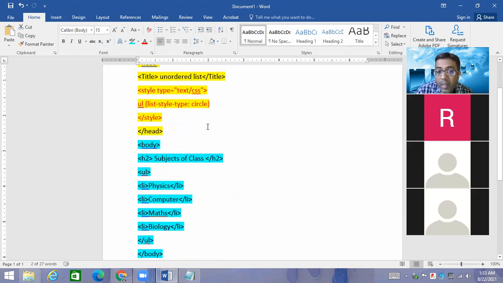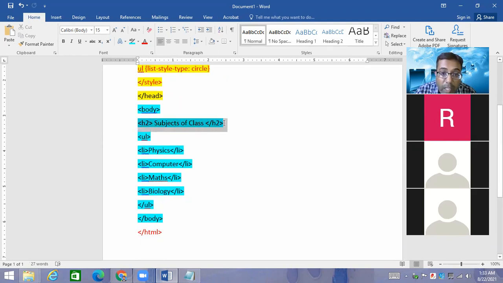Those students who have some confusion in writing program code, today I will give you this program code and you have to run it and see the output right now. I will give you this code in your Google Classroom and you have to check that it is running, and give me the response that it is running and you are able to see the output. I will show you how to run it.